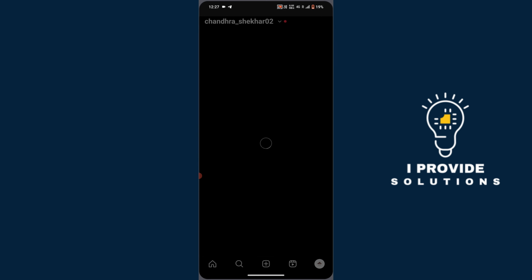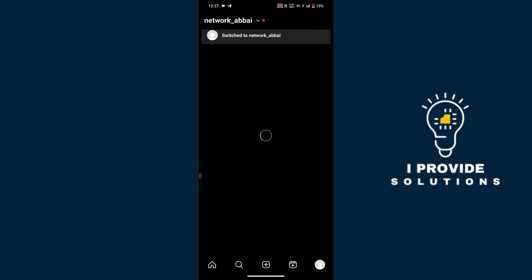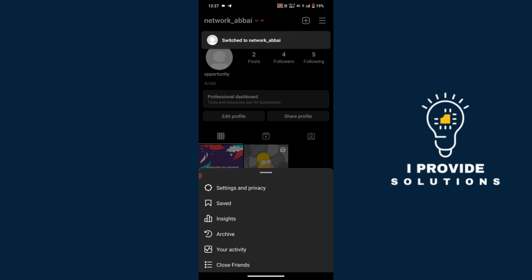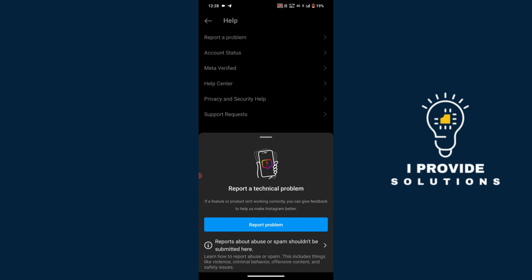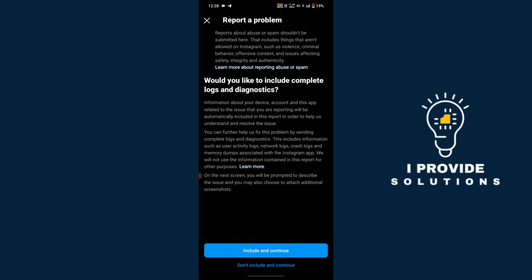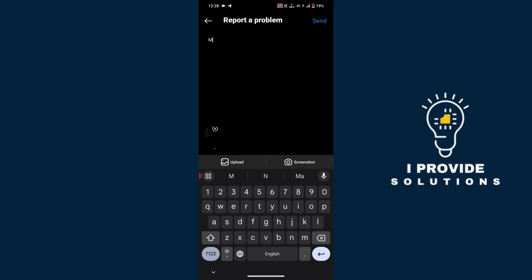Again, after that, if your messages are still not coming, just click on the three horizontal lines, click on settings and privacy, and here we need to go to help and account, report a problem, include and continue. Here we need to click on